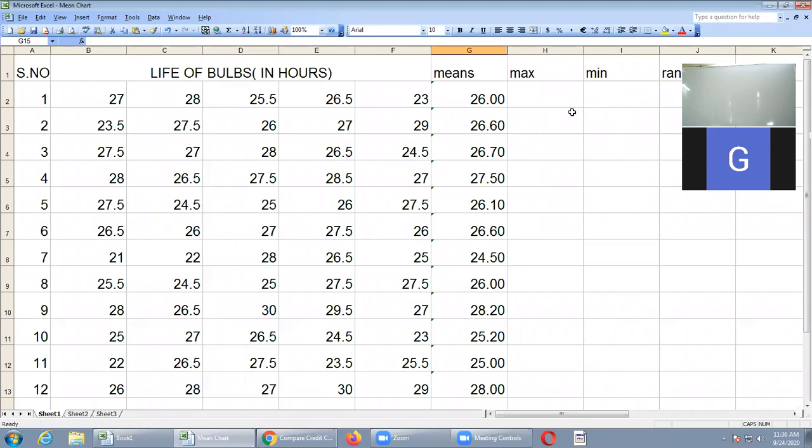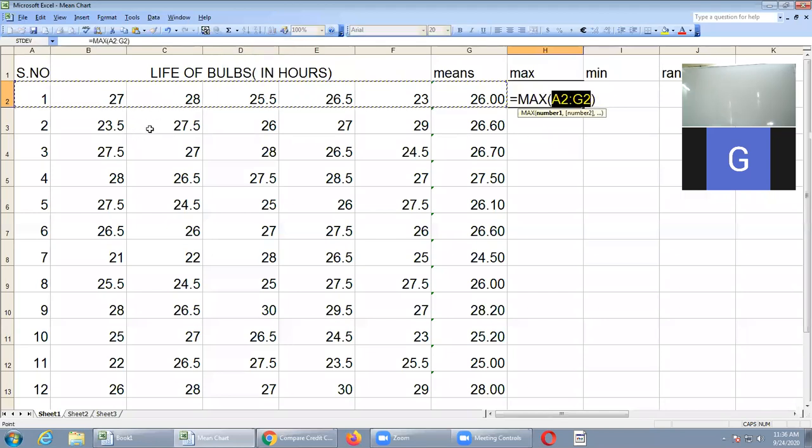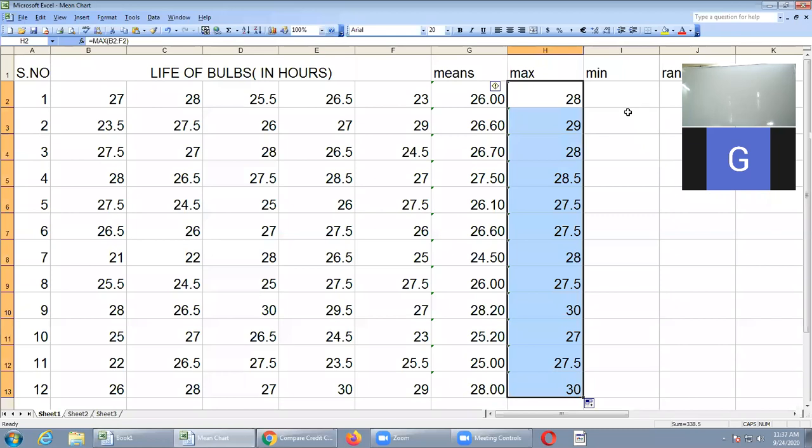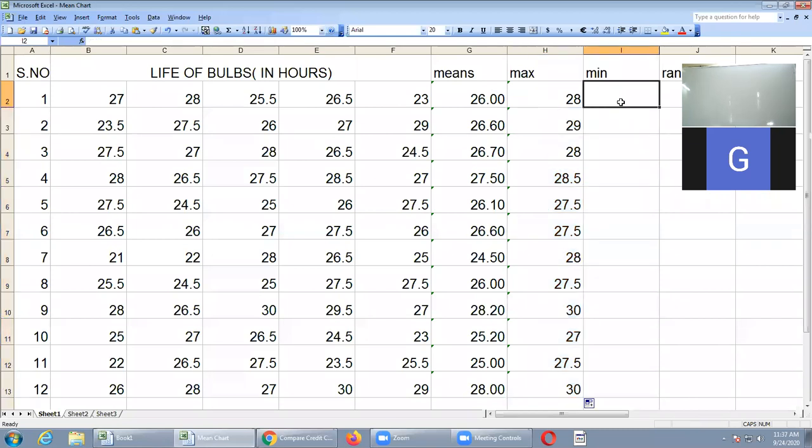And next you have to calculate range. For range calculation, you require maximum value minus minimum value. So first you have to calculate maximum values and after that minimum values. Place the cursor in the first cell of maximum, go to the summation option and press the maximum value button. But I don't want only the observations' maximum value; where observations are there, 27, 28, 25.5, 26.5 and 23, in that only you have to select the maximum. Press enter. I have written the formula, so you got 28. Now you can drag, and you will get the remaining values. I don't want max total; max total is not required. Next we'll move to minimum.